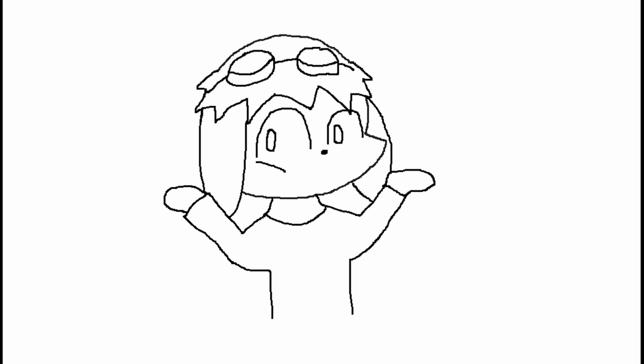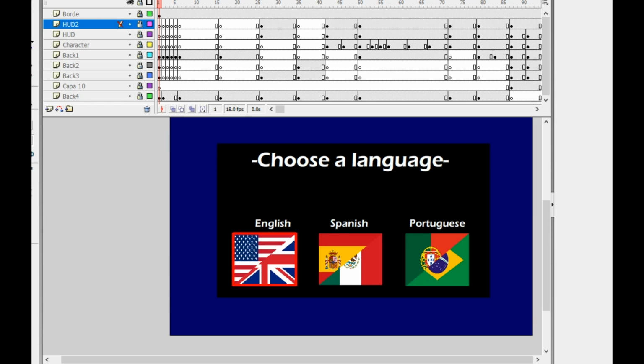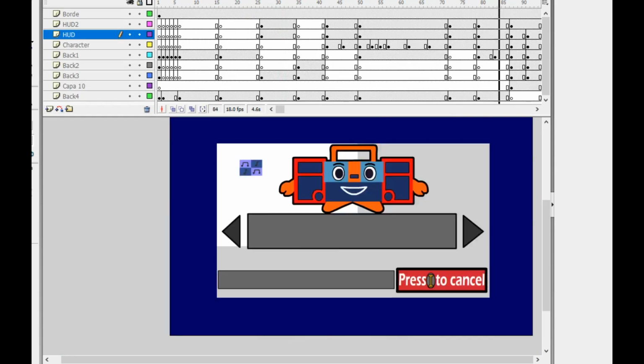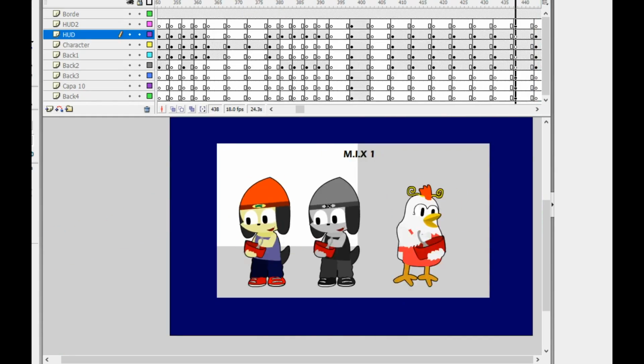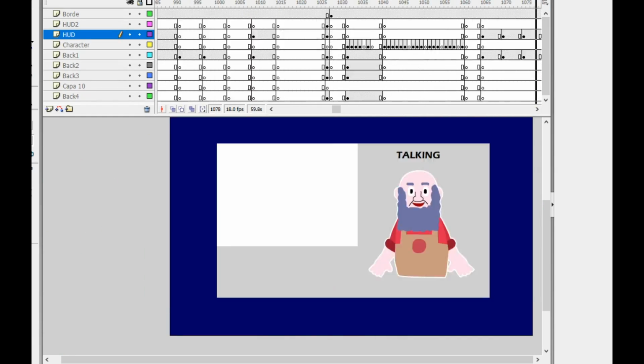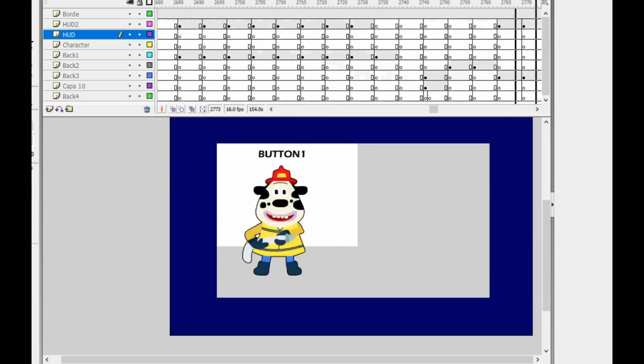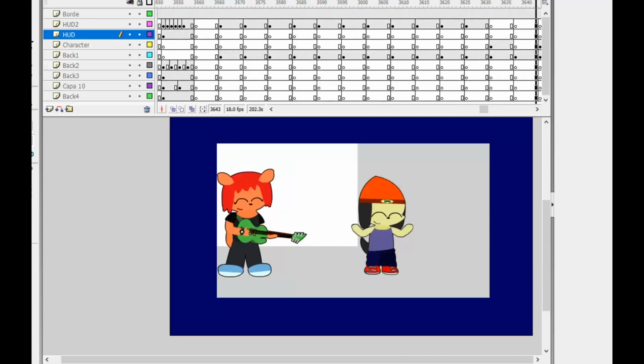You will need to create your own sprites for your mod. You need to know how to draw or something to do it. I can't really help you that much with that, but if it is useful, in the description you will also find a .fla file with the puppets or symbols I created and used for Parappa Rap Remix, so you can edit them to create your own sprites just in case you want it. You should open it with Macromedia Flash 8, but it should be able to open with any newer version.